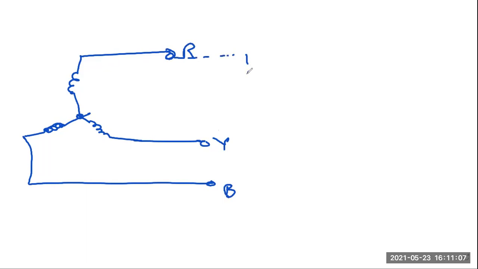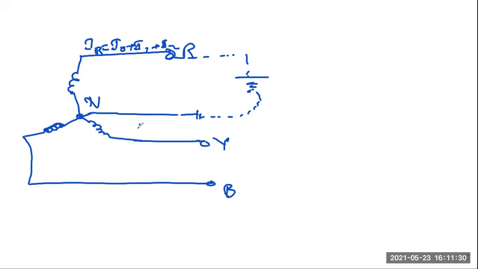So there is a fault here, and this is grounded. We have a neutral wire, and that is basically connected to R. This is your neutral. Here there will be a current IR, and this current will be equal to I0 plus I1 plus I2, obviously the three sequence component currents. And this will be your IY. As the fault has occurred, this is open circuited, so this will be 0. And IB is also 0. Is this diagram clear? Any doubt? No, sir. Okay, fine.